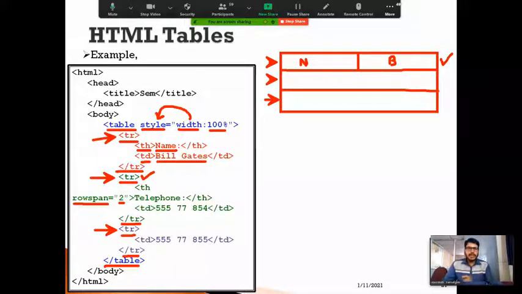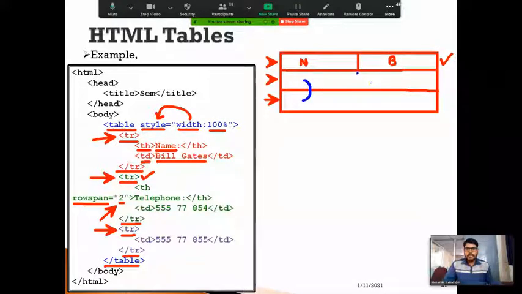The meaning of using rowspan is it will merge multiple rows. How many rows it has to merge, that value I specify here. You can observe I'm specifying rowspan as 2, so it will merge these two rows into a single row.